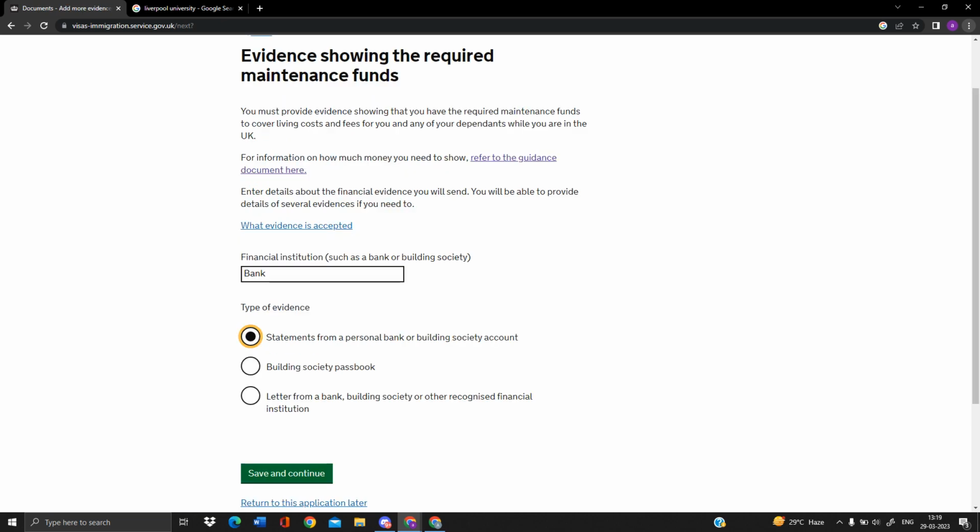Then you have to show the evidence of the maintenance fund. So where are you going to show it? If it is from the bank, you can show the statement of your personal bank. It can be a 28 days statement, or a 3 month statement, or a 6 month statement, depending on the person and what kind of